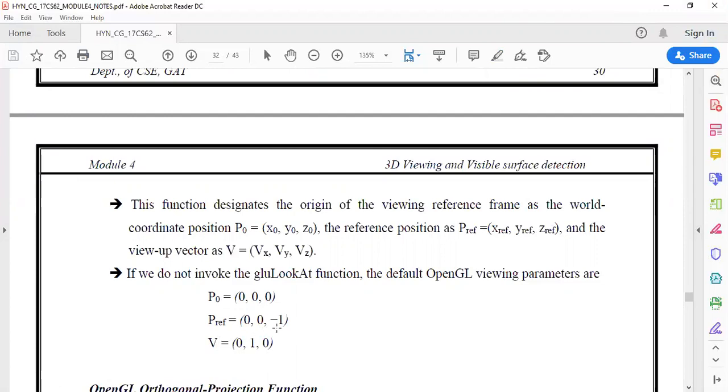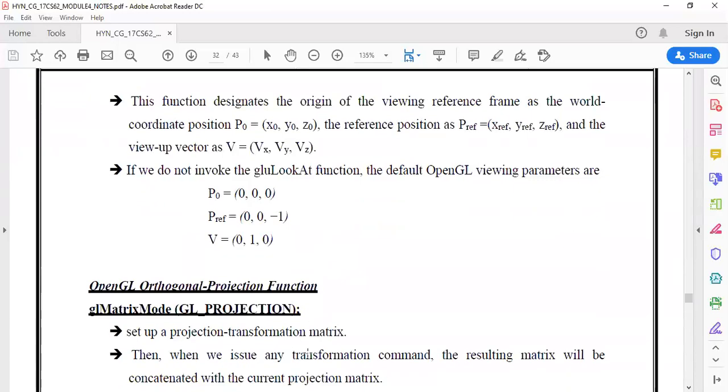So the camera position or the viewer's point is from the z axis, right? The z axis is always from this side I'm seeing. That is why I'm taking the negative z axis, 0, 0, -1. And what is my view up vector? The up vector is along the y dimension, so it is 0, 1, 0. The same values we have taken for our 4th lab program,